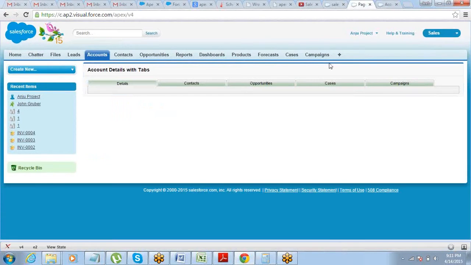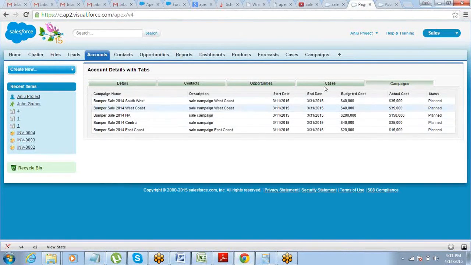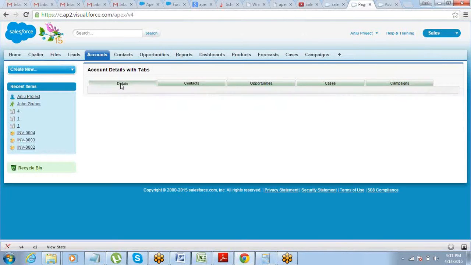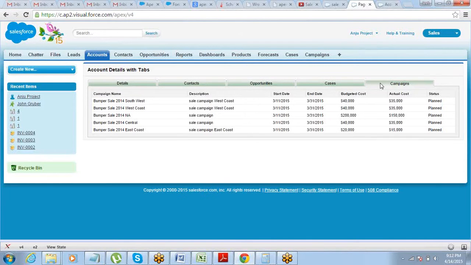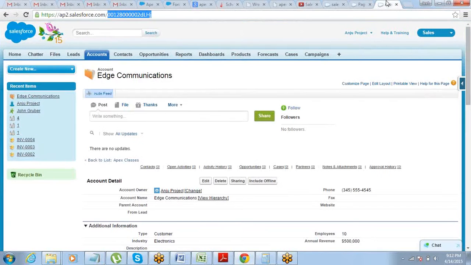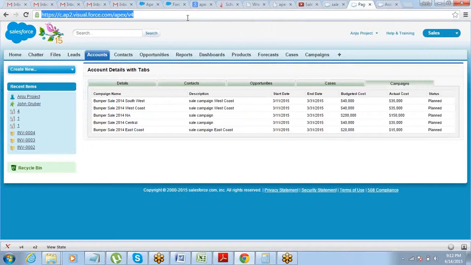Now, because it has come from the controller, if you click on campaigns, you see the data is there. There is no data in the details. Why? Because it's a standard controller and I have not supplied the ID yet. There is no data in the contacts because there is no ID. These are dependent on the ID, but the campaign data is coming from my class, so it already has data. It doesn't make a difference to us.